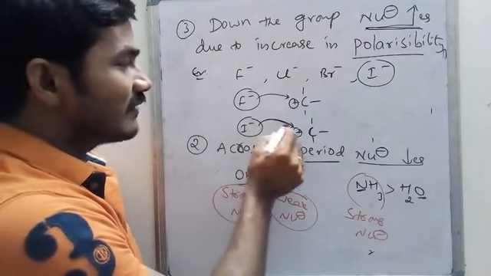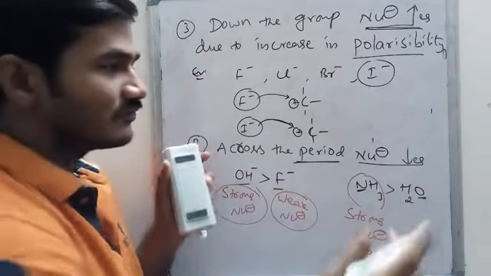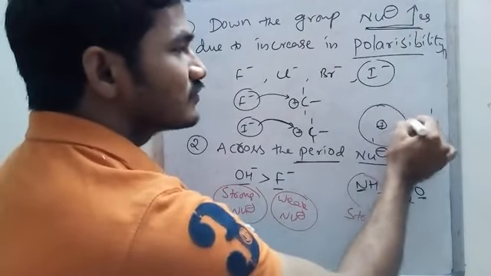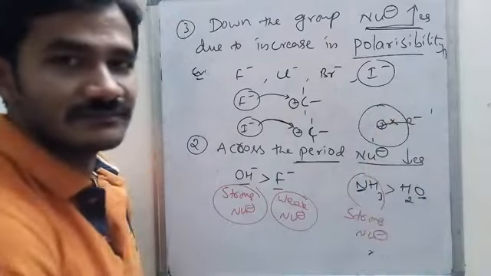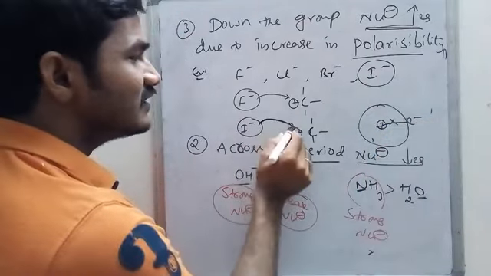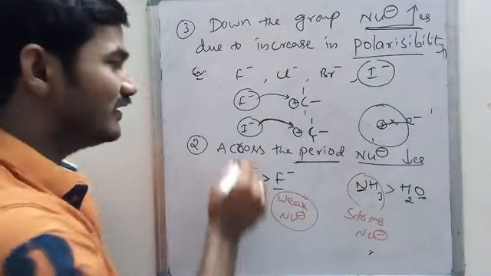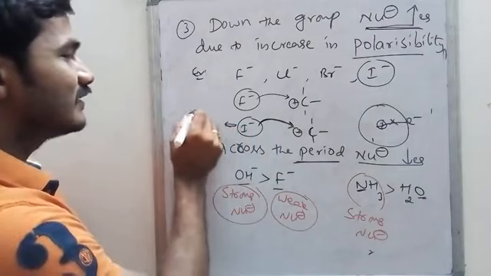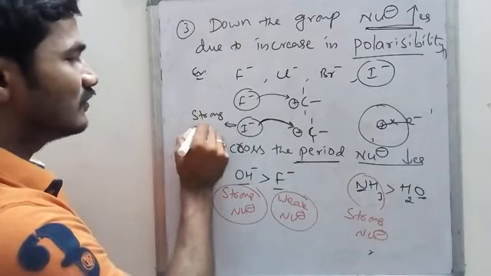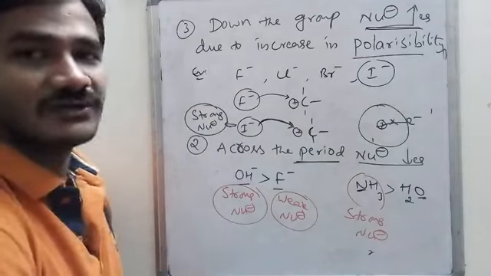Here, due to the larger atomic size of iodine, the attraction from the nucleus to the outermost electron is less. When the attraction is less, these electrons can easily be shared with the electrophilic carbon and easily form a new bond. That's why I minus is said to be a strong nucleophile.